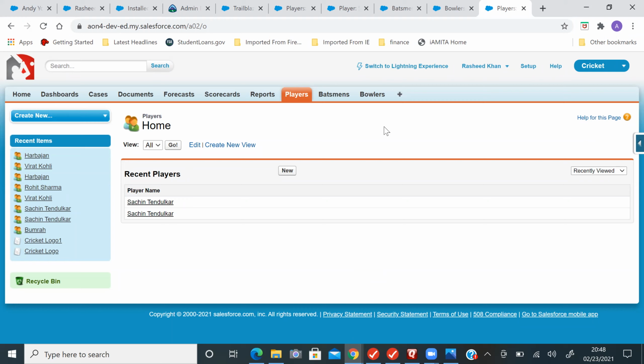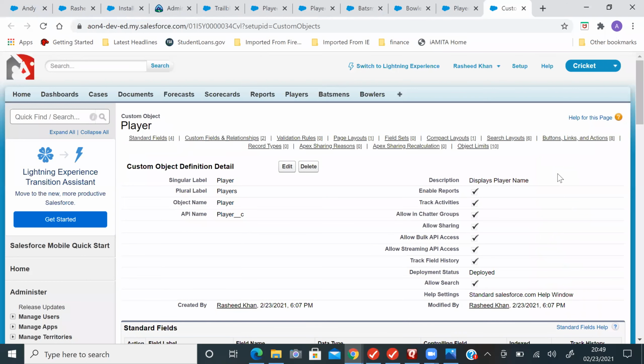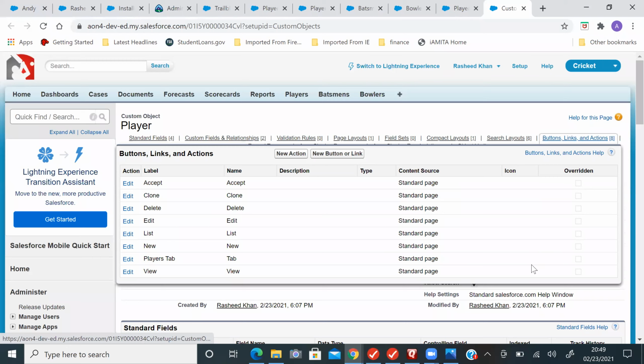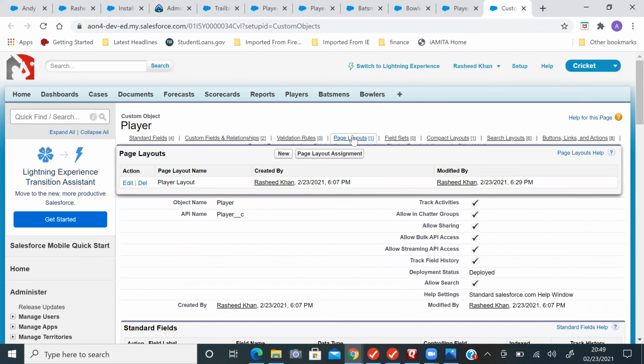Okay, Rashid, click on that arrow shortcut. Click on view object. Click on page layouts, the fourth option.